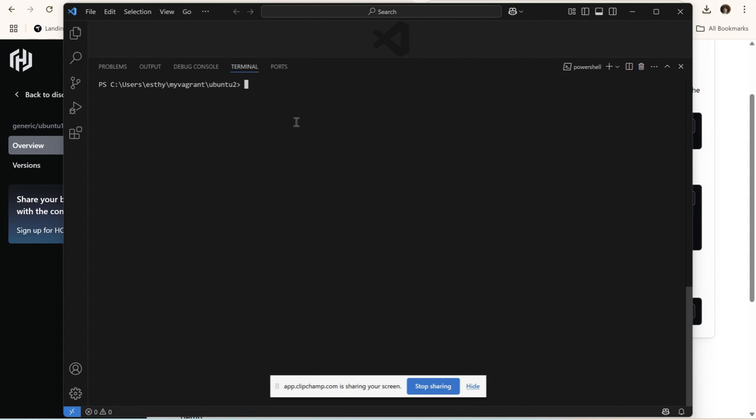For us to initialize our environment, we have to create a file, and this file will be able to initialize our environment. By doing that, we want to run the command vagrant init, because for us to initialize our environment, we create a file, and the only thing we can do is to run the command vagrant init. So you'll be like, where am I going to get vagrant init and whatnot? So you just want to go back to